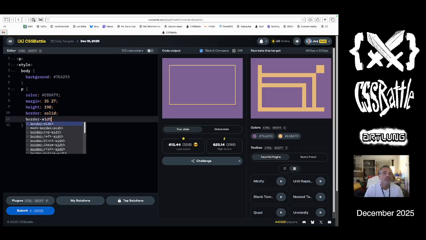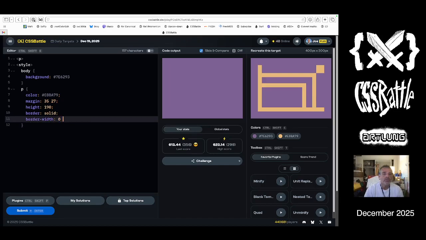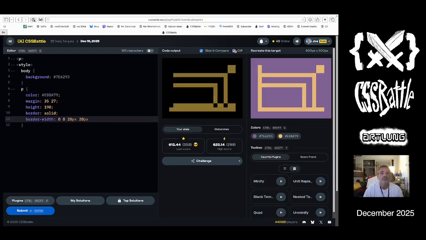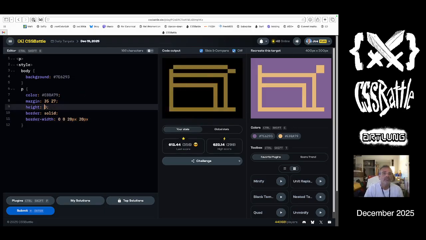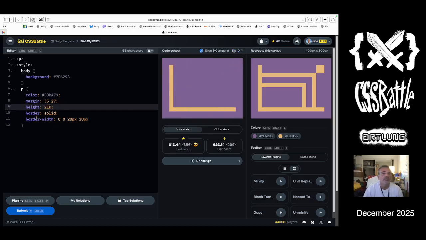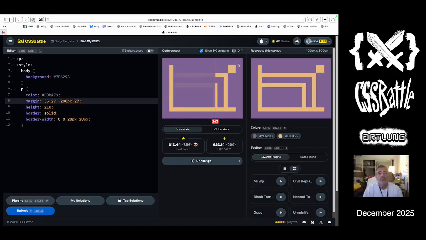Maybe I do. Maybe I want border width 0, 0, 20 pixels, 20 pixels. Like that. And then a little extra height. 210. Okay, so that's part 1. Right now, I've got margins like that. And so I think if I do a negative margin here and then end up with a 27, that puts me where I want. And then when I add another one of these guys,